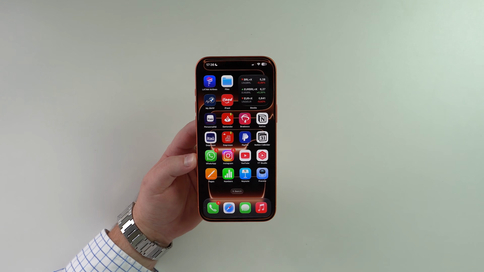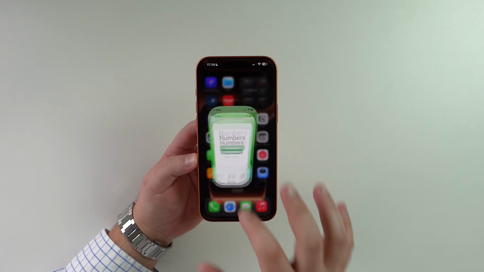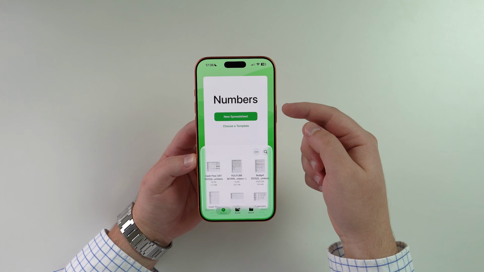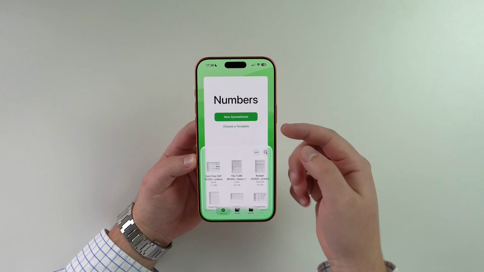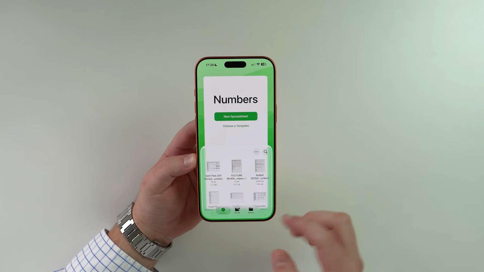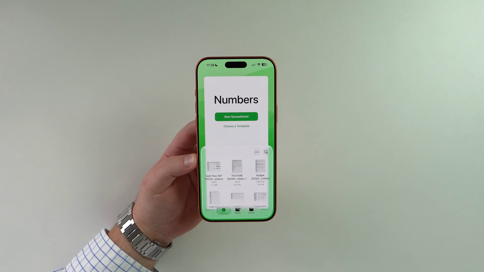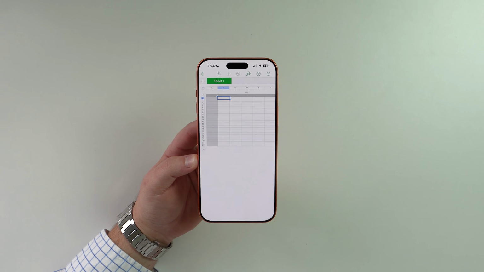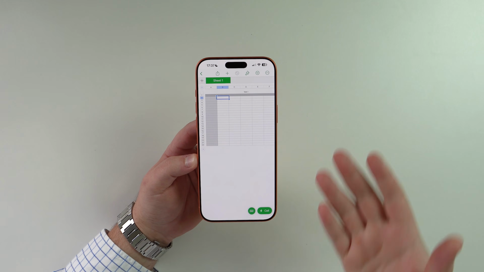So let's say I want to create a new spreadsheet. I'm going to open up Numbers. As you can see, it's going to show up right here. You can create a new one or choose a template. Of course, since I use this for many years, it's going to pull up all of my previous spreadsheets, everything that I have stored in my iCloud drive, which I'm going to show you in a second and explain very briefly. Now, let's create a new spreadsheet, as you can see, and then it's going to be very simple, very